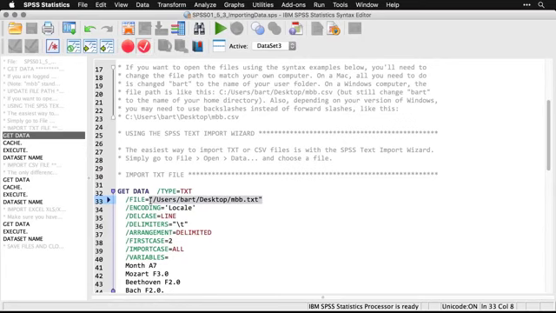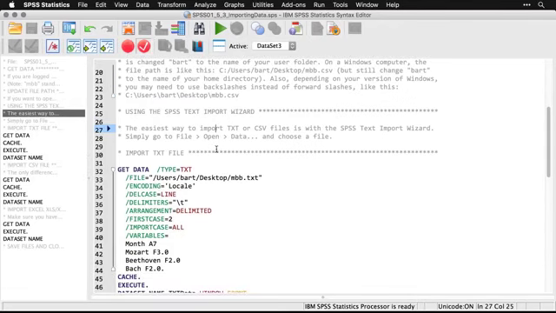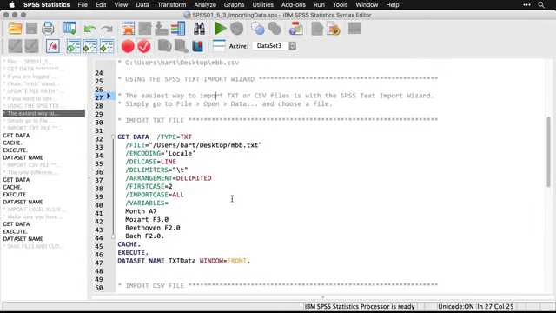Of course, you'll want to change BART to be the name of your home directory. If you're on a Windows computer, you're going to need to change it to something a little more like this, or possibly, depending on the version of your operating system, using backslashes instead. Anyhow, I'm going to show you how to import each of these, and I've got the duplicate information here in the script in case you want to run it that way,